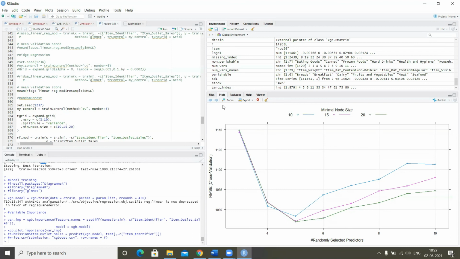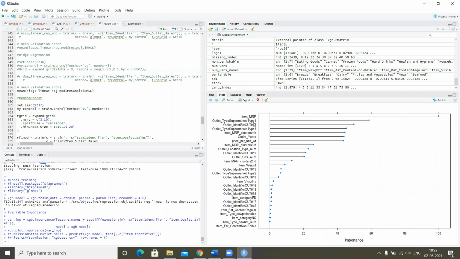You can see this is the random forest importance. Here we did feature engineering. The first column is item MRP. Next, price per unit weight. These are all playing a vital role in our project. Feature engineering is very important to increase our accuracy. Before, we were getting about 1200. Now we got less, around 1086. This is the importance chart of the random forest, showing which column is more important.